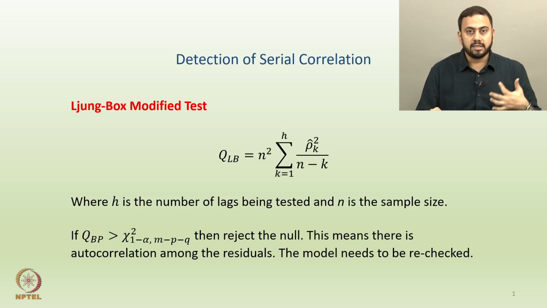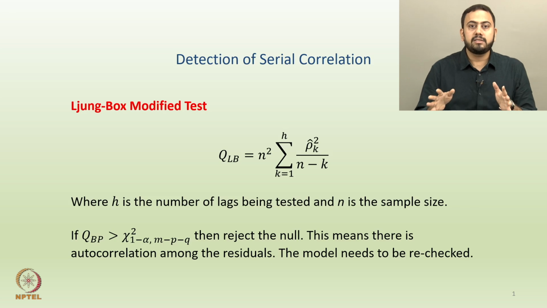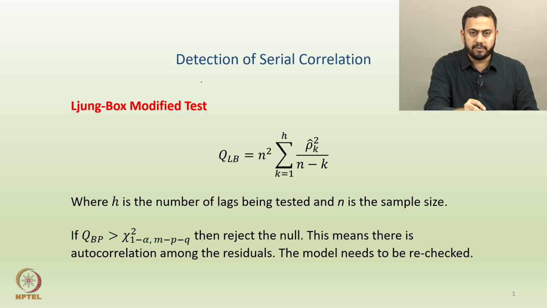And then in the last lecture we talked about model diagnostic checking. Once you are through with fixing the orders and model estimation, how do you ensure that all the model assumptions are met or not, okay. I think in the last lecture we started somewhere here. We were discussing how you detect serial correlation, right.